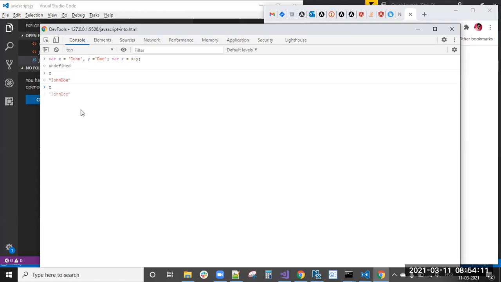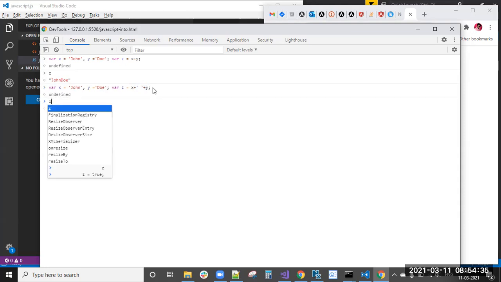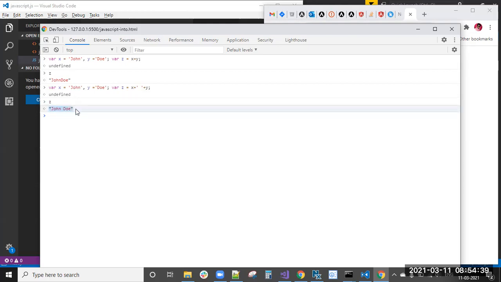If you want some space in between, here John space Doe, then you need to give two plus symbols, and in the middle you give an empty space. X plus an empty space plus y. Now you will get John space Doe. This is string concatenation.